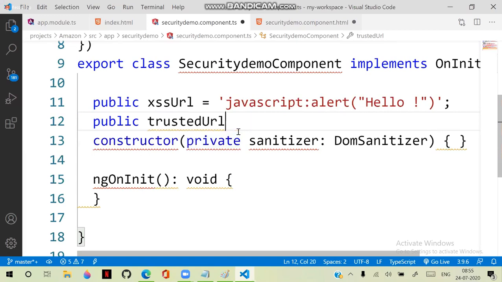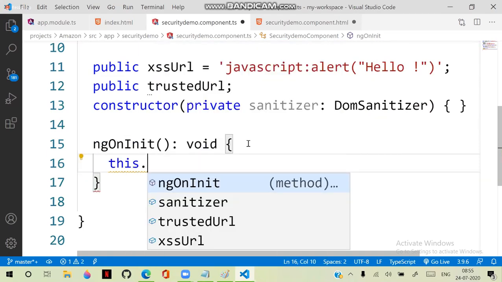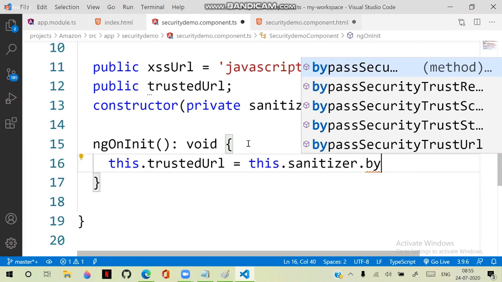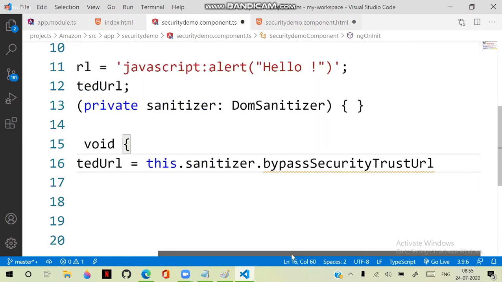On initialization, or anywhere when you configure this, we define this.trustedURL equal to this.sanitizer dot, and we can use bypassSecurityTrustUrl. You see there is a bypass security method for trusting the URL. Currently we are bypassing the security for the URLs.